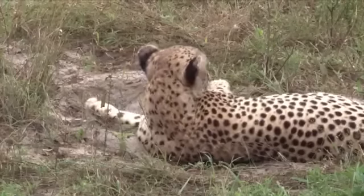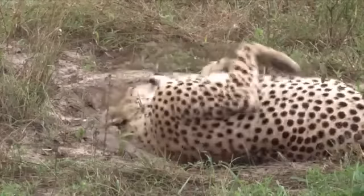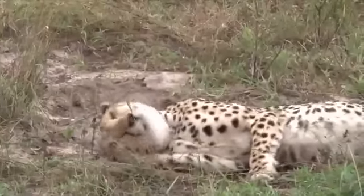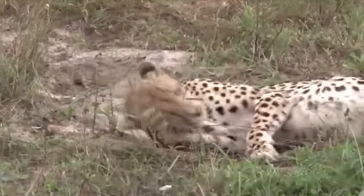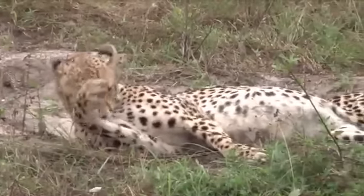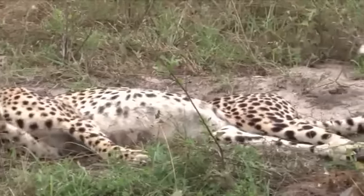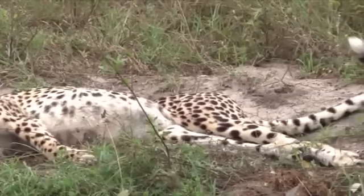I don't know if you can notice that tail. As she's flicking her tail now, a leopard's tail is very, very thick and in cross section it's very round. You look at that tail of the cheetah when she flicks it up, it's flattened, dorso-ventrally flattened, which means